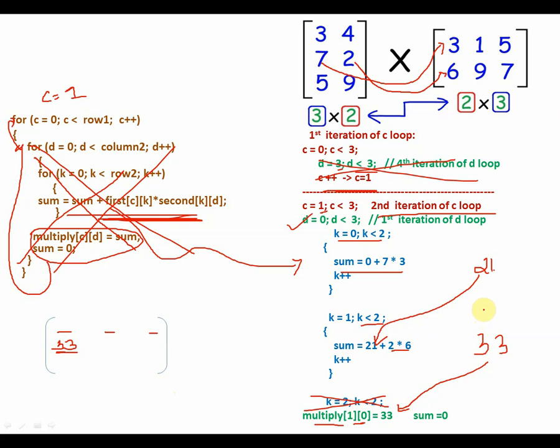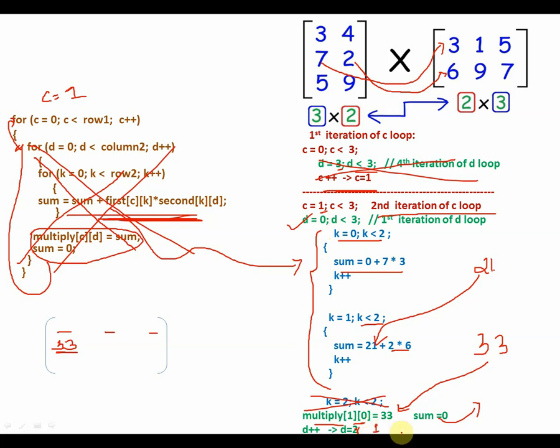And then what will happen? Sum will be put again a value of 0, because you have to go ahead with the next multiplication of the element. And then D is incremented. So once you increment D, again you will perform all these things with a new value of D. Okay, so D will actually not be 2, sorry, D will be 1 first time.